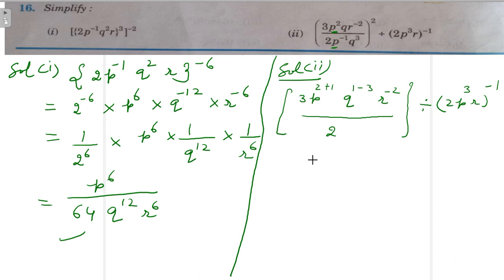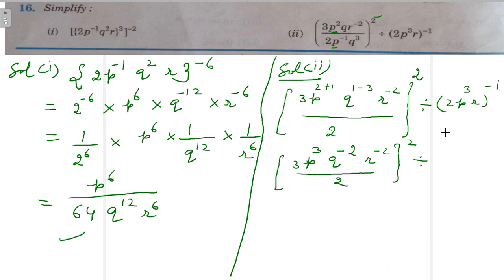Now it had become, this is whole square, that means this is the power of this. Now it has become 3p raised to power 2 plus 1, 3, q raised to power 3 minus 2, 1, 3 minus 1, 2, and r raised to power minus 2 upon 2, and this whole raised to power 2 divided,